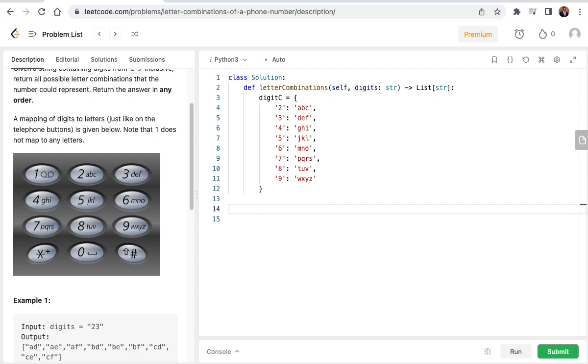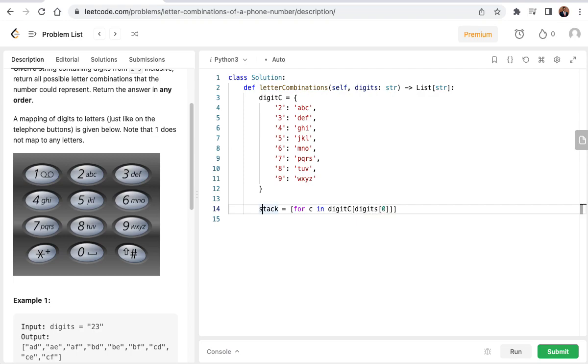I'm going to be using the stack data structure. So stack equals, for each character C in the letters of digits at index 0,